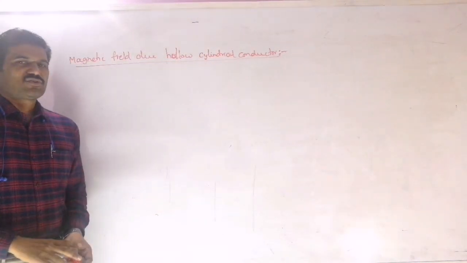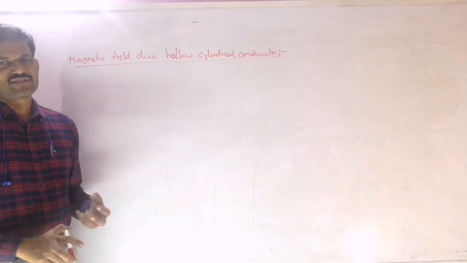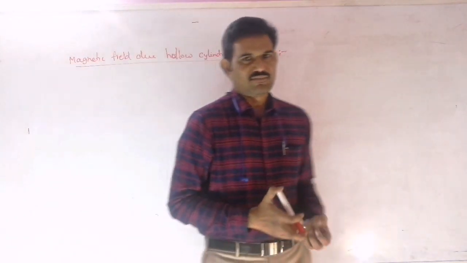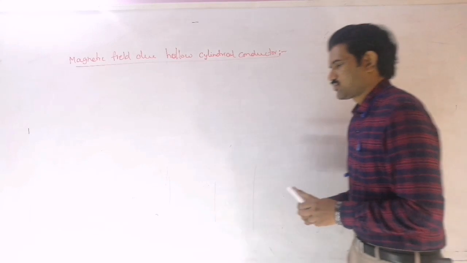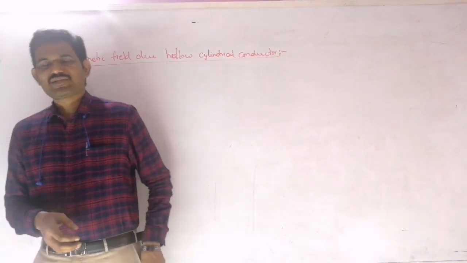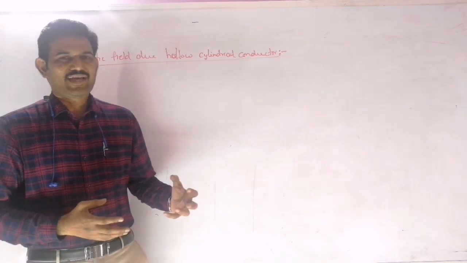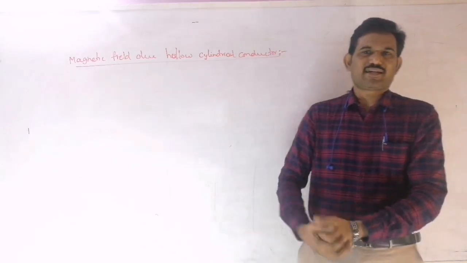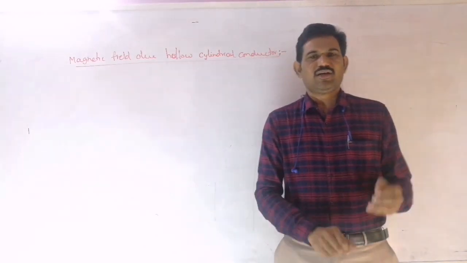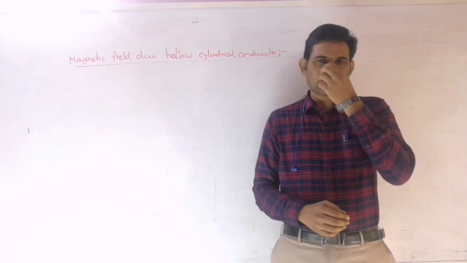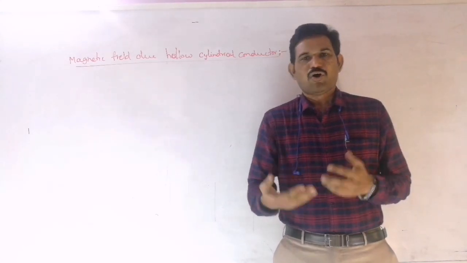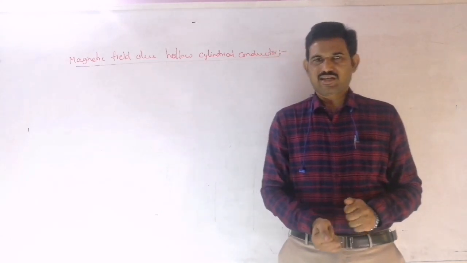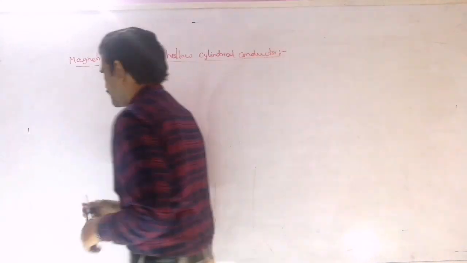Now these derivations are similar to those in electrostatics, similar to the spherical shell. Up to now, with the help of Biot-Savart, we calculated the magnetic field outside the conductor, at a distance r from the conductor. Now with the help of Ampere's law, we can calculate the magnetic field inside the conductor as well as outside the conductor. So let us see this now.